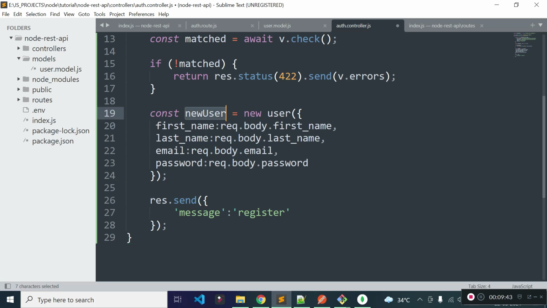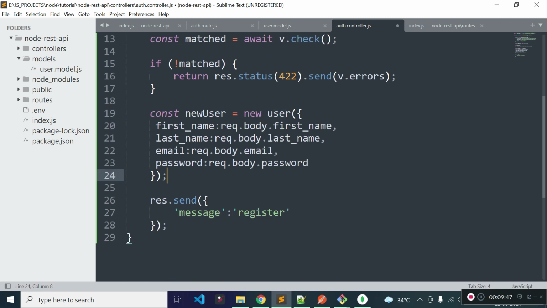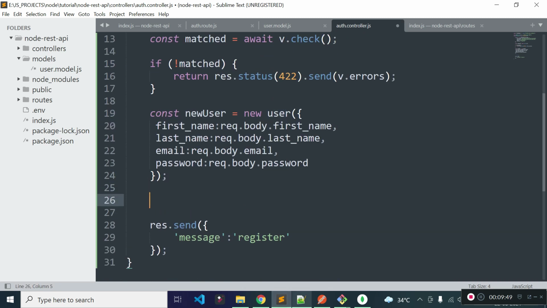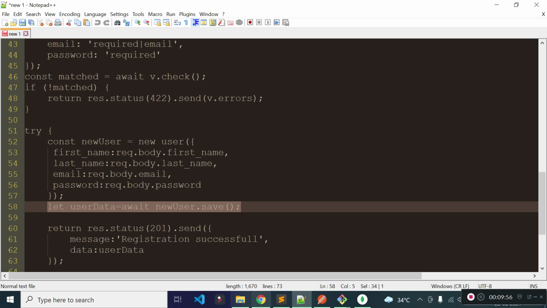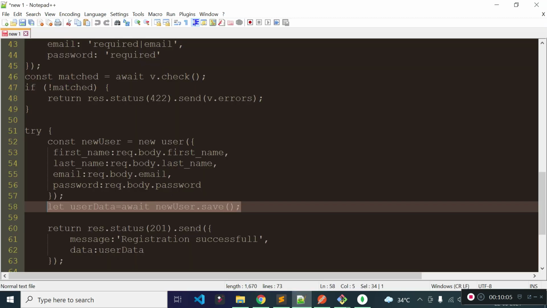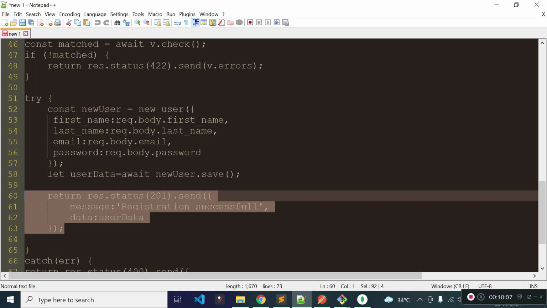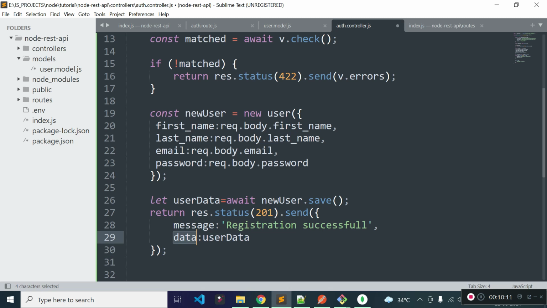So I'm creating a new user object with the user model, and then we need to call save method, and save method will return us also a promise. So we will await save method to execute, and then after saving user data to users collection, we will return a JSON response with message registration successful, and we will also return the newly created user data to this data key, and the status code will be 200.